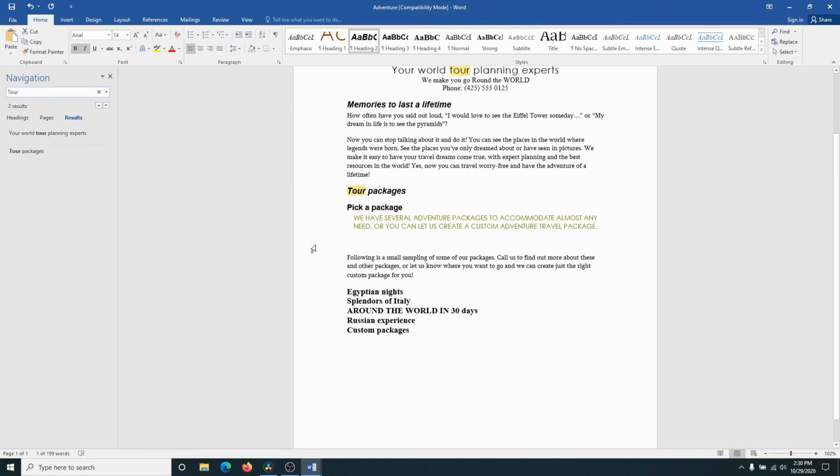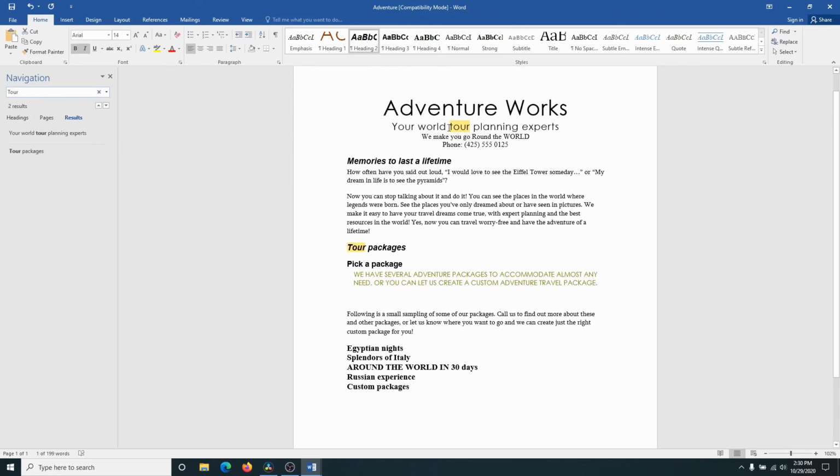If you look in the document, the word tour is highlighted in yellow. So that's my option, is I can navigate, I can find the word tour. If I wanted to replace that with something, I would come to the replace command in the editing group in the ribbon,